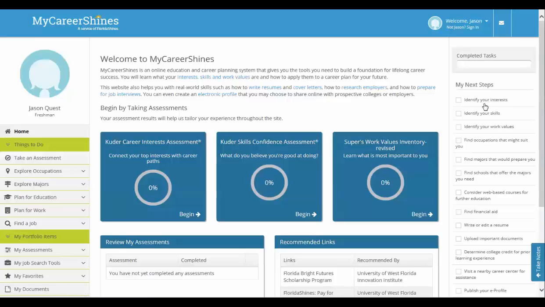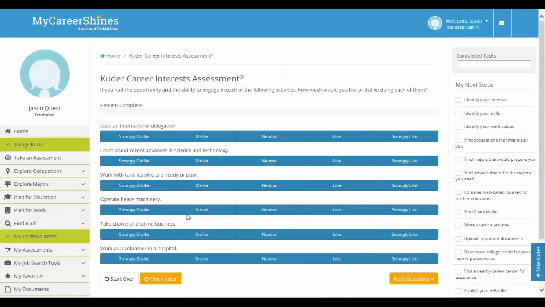So the first one is to identify your interests. So you can click this to access the assessment, or you can click on the big blue box to begin. So next it will come up with the assessment, and you can start clicking your answers and then clicking next